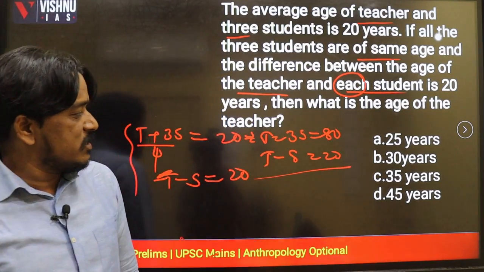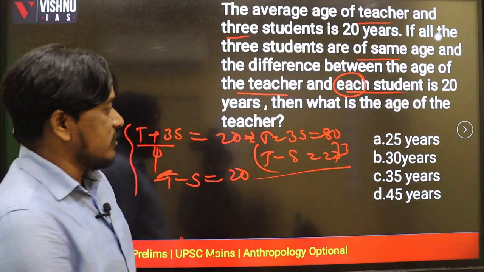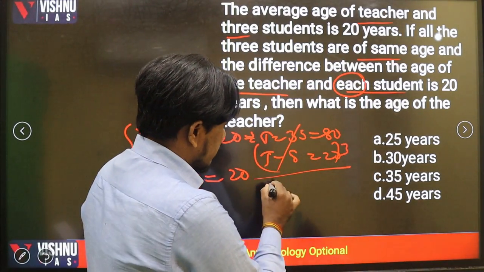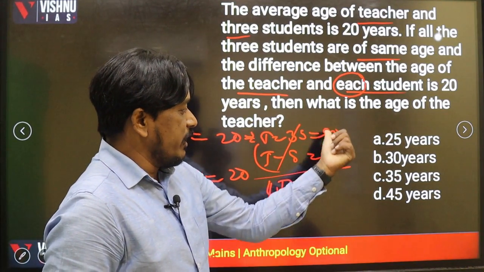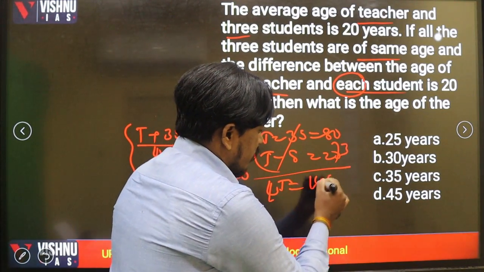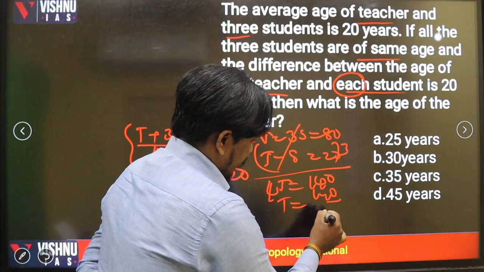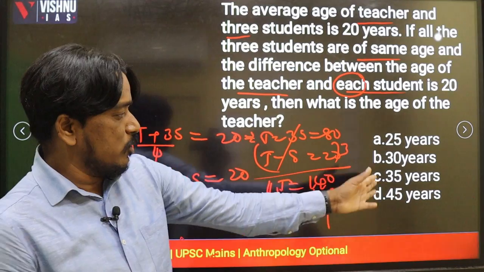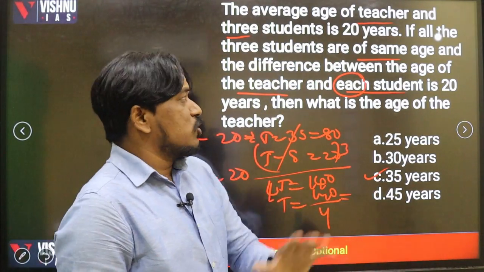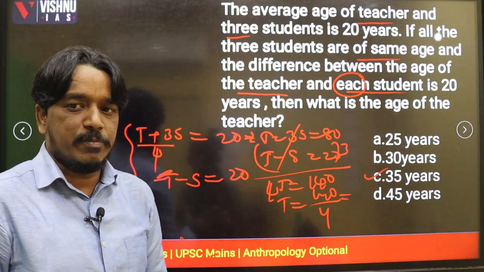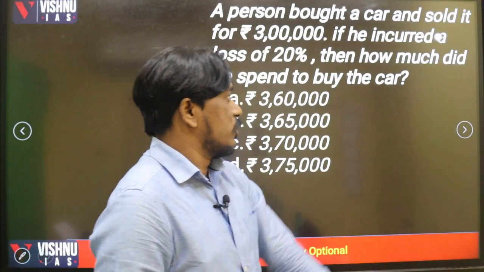Just if you simplify this, multiply the second equation with 3, you will get, so these 2 will be cancelled. Clear? So 4t is equal to, so what we are getting, 60, 80, 140, 140. So t is equal to directly 140 divided by 4. So you will get, if you observe, 35 here. Just simplify this, you will get directly 35 here. So these kind of questions, basic average type of questions, regularly we are getting in a math. So basic math questions, very simple concept.